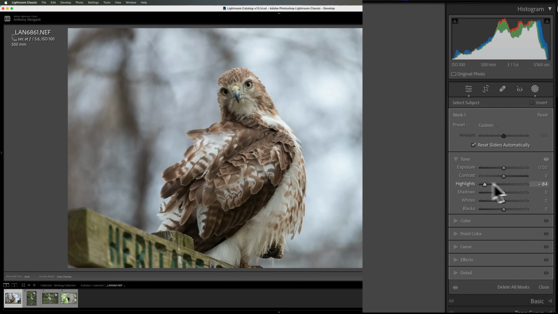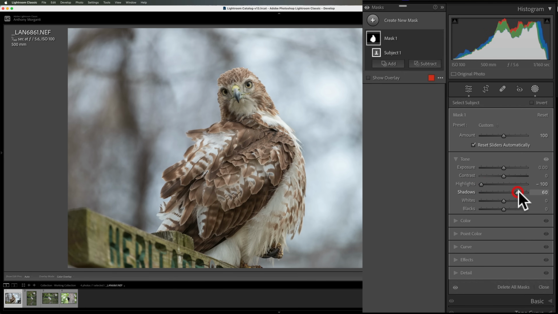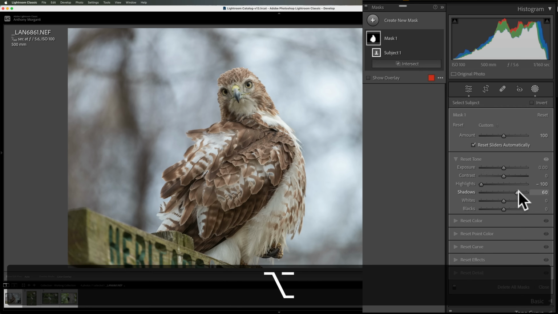So I'll take the highlights down, and I'll just take it, in this case, all the way down. I'll open up the shadows a little bit so I make sure I could see into the shadows. Then I need to get a white and black point. Now, unfortunately, in masking, the little trick you could use when you're using the global whites and black slider by holding in the Alt or Option key, Alt if you have a PC, Option if you have a Mac, does not work on